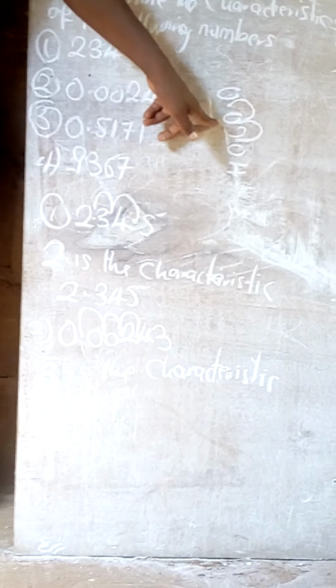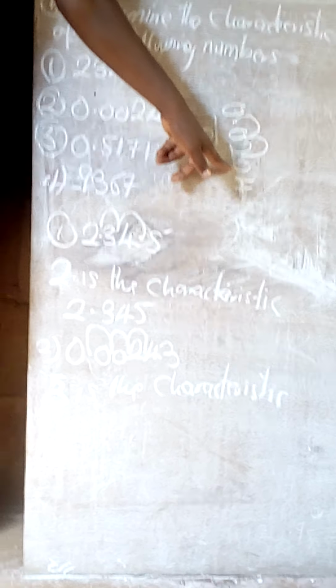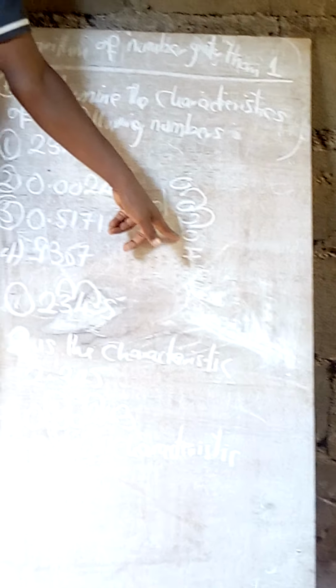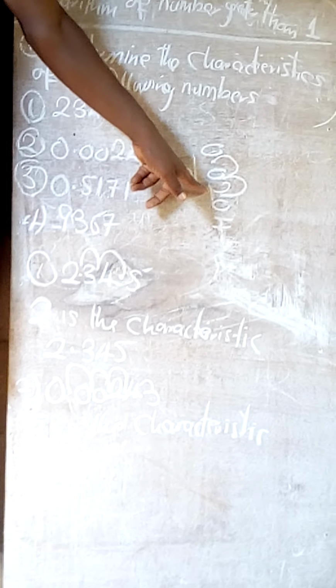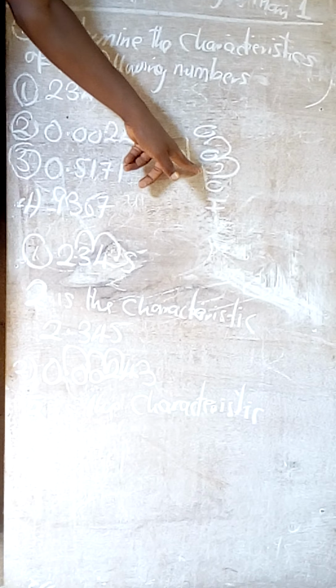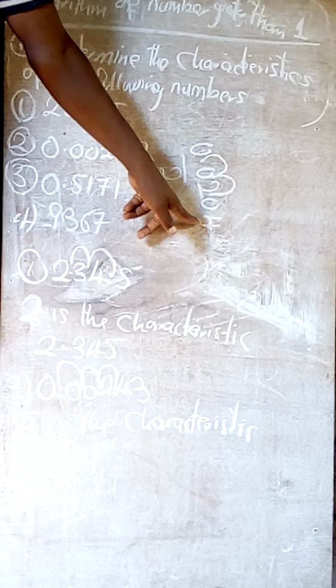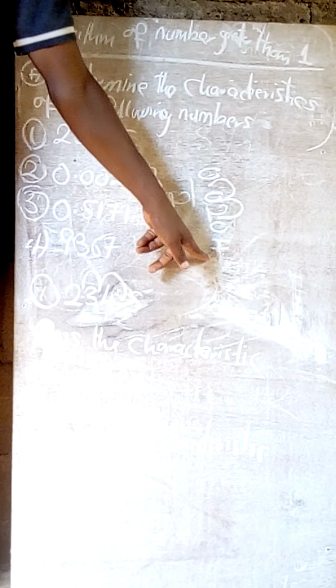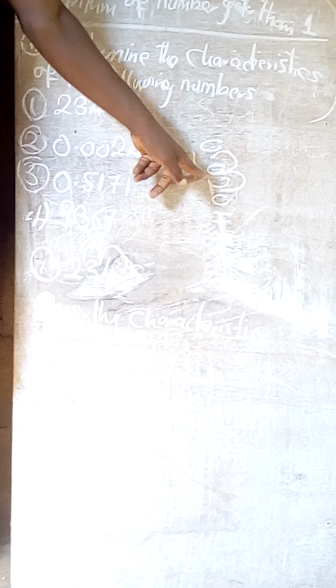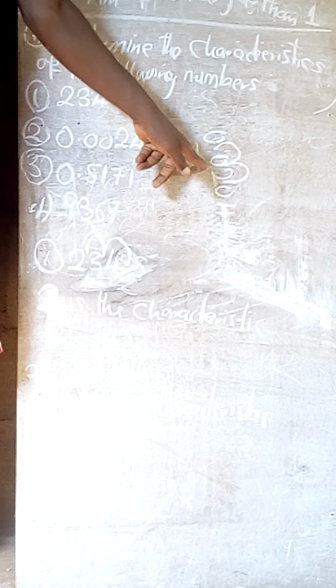Now we're having 2 zeros here, right? And this is number 3. But as I've told you earlier, this is number 2, right? Are you following now? Now I said these two can be called 204. But this zero can be called a value. Are you there now? You can say